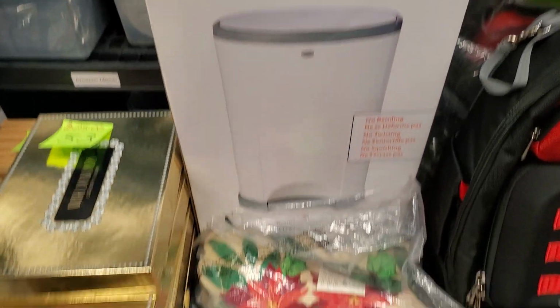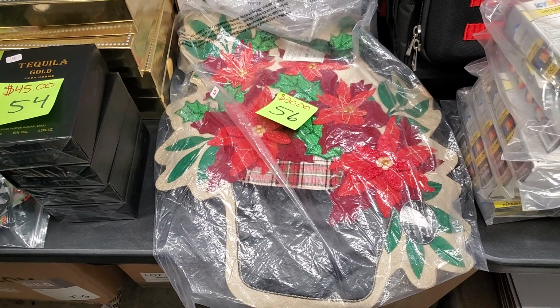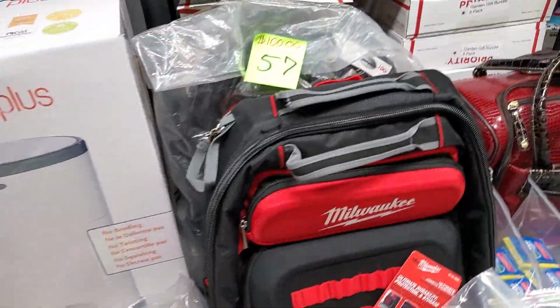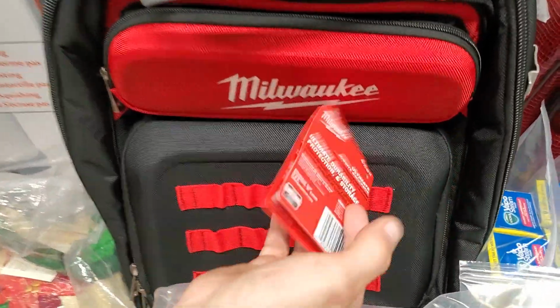Number 56 is the Christmas kind of poinsettia decoration. Door hanger. It's a door hanger, yes it is. And so it looks like a poinsettia coming out of a pot. So number 57 is these awesome Milwaukee bags. They're actually utility storage electrical